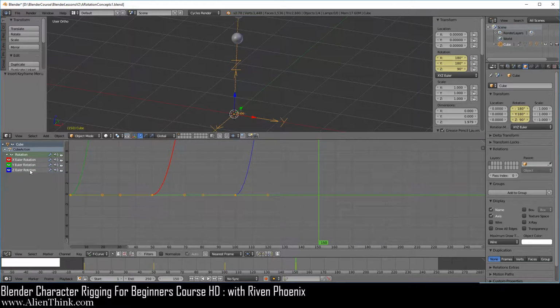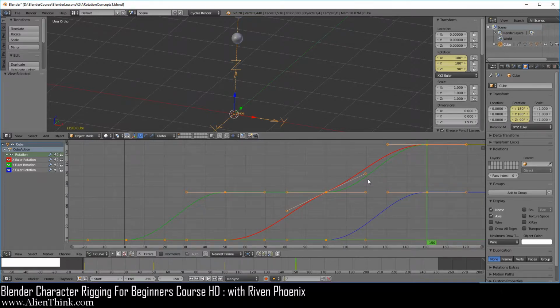You can see that over here we've captured the keyframes. Because this object was set on XYZ Euler, this is what the graph editor is showing. You can press the period key to home in on this. This is basically showing you how much on each individual axis we have done the rotations. This is what these numbers are representing, the amount of rotation. And over here, these numbers are representing your keyframes. So you can see that when we have the X Euler rotation red thing selected, that's what it's highlighting. It's just showing you this in a curve.